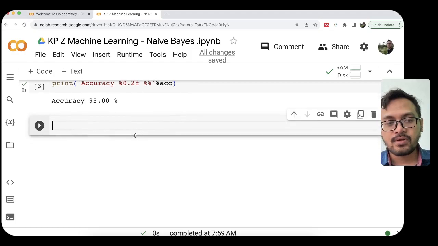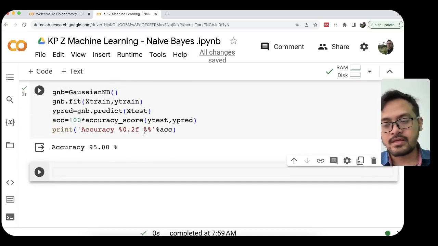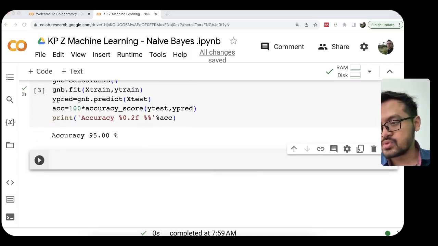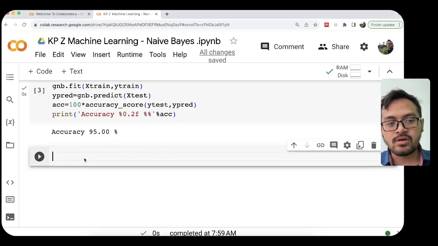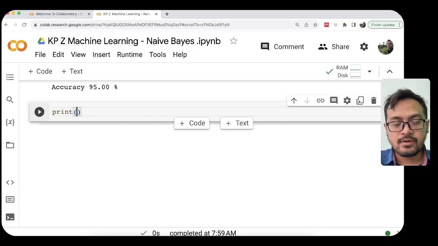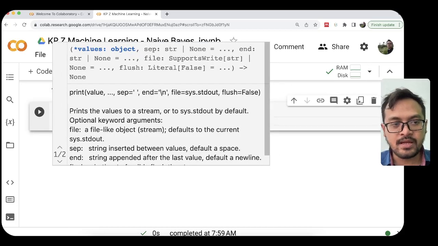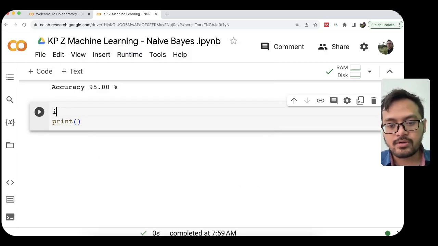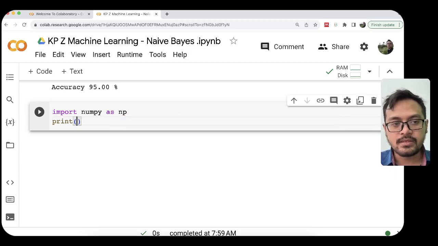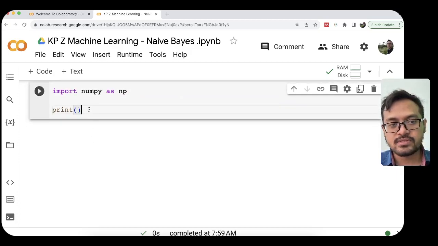And that's why here we will try to use only the features that have a low correlation with the other features. But before we decide which features we will use for classifying the dataset, what we need to do is see the correlation coefficient between the features, right? So first we need to import the NumPy library here. Import numpy as np. This is the library for getting the correlation coefficient between the features.